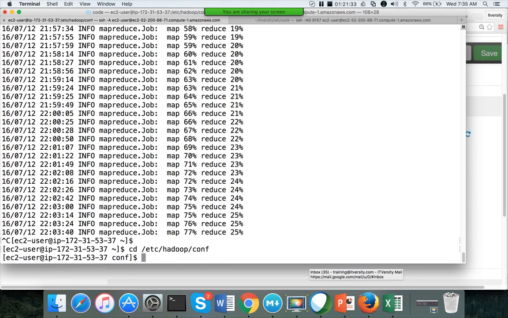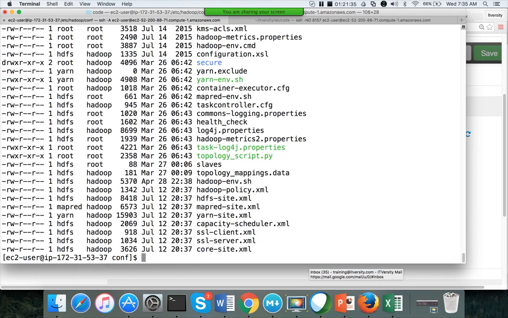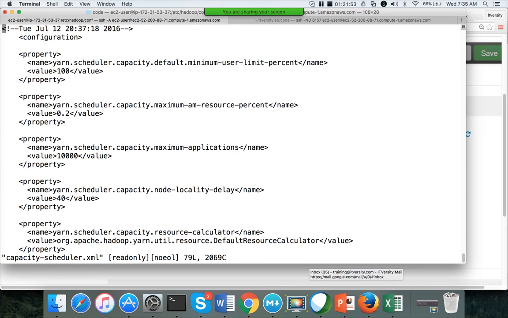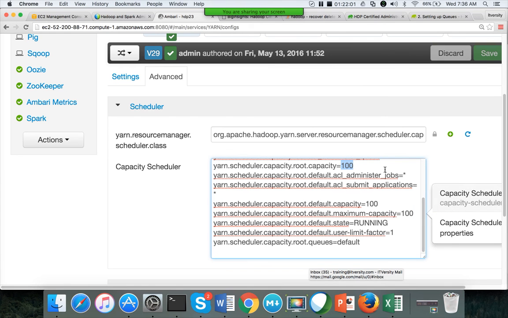So this is the location, and here if you have the capacity scheduler, you will find capacity-scheduler.xml. If you have the fair scheduler, you will find fair-scheduler.xml. If you look into this file, you can see all the parameters that are visible in Ambari.